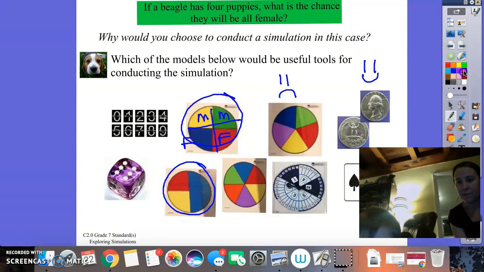So if we want to think about a way that this one could work, we could say, well, this whole side would be female, and then these 2 would be male, and then they're representing the same amount of space on the spinner. So that one would work depending on how you look at it. Here we have numbers 0 through 9. We might want to say odd numbers,